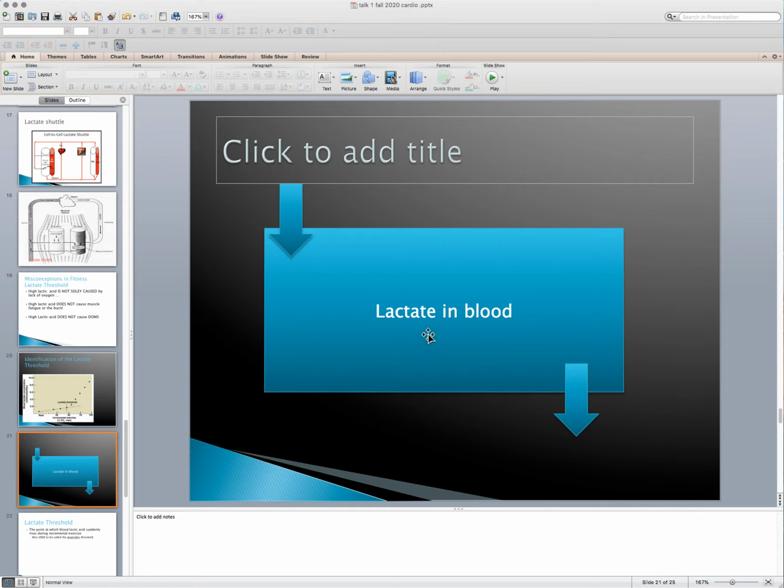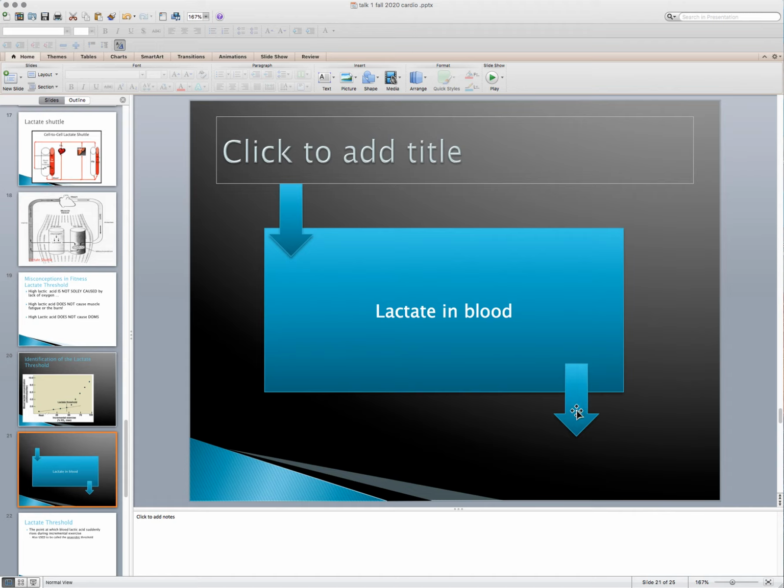So this middle rectangle is lactate in the blood. This is what we can measure in our lab with a portable lactate analyzer or our lab lactate analyzer. It is a concentration in the blood, in this volume in the blood. But how much is in the blood is equal to how much is coming into the blood, so how quickly we're making lactate and sending it into the blood, and also how quickly lactate is being removed from the blood and being sent to the liver or sent to